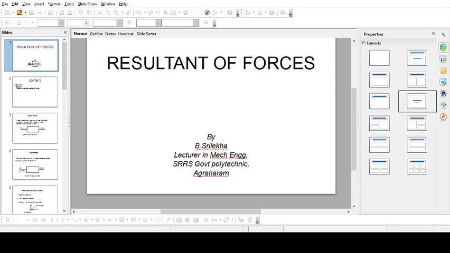Now I want to bring this body into an equilibrium condition. What do we need to do? First we add the forces on the right side. There are two forces, 30 and 50. 30 plus 50 gives us 80 newtons. If I apply 80 newtons on the left side, then the body will be in equilibrium condition. It means it will be in a stable condition. It is not at rest, it is in a stable condition. Even though forces are acting, it will not move. So 80 is the equilibriant in this situation.